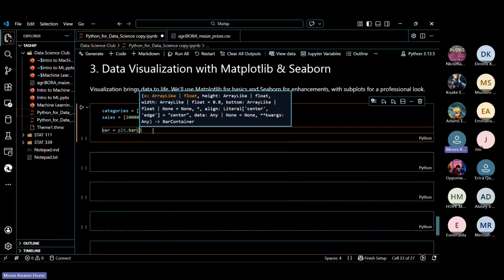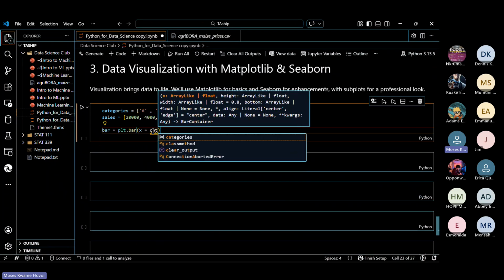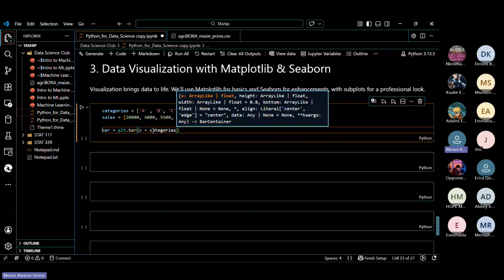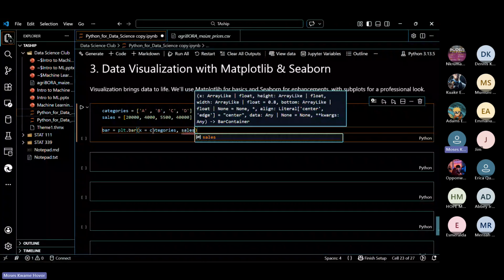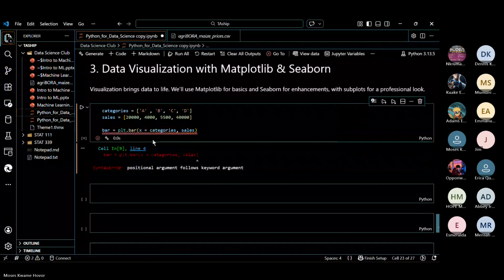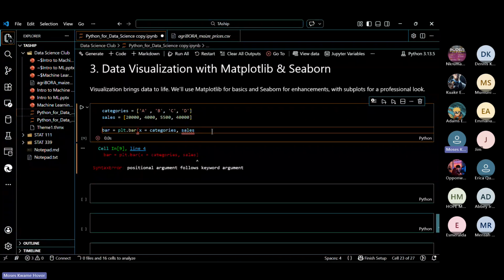Now the first thing that we have to put is our X, the X axis. The X axis is going to be my categories. Then the Y axis is going to be my sales. Let me see if I can run this. So plt.bar, I have my sales.